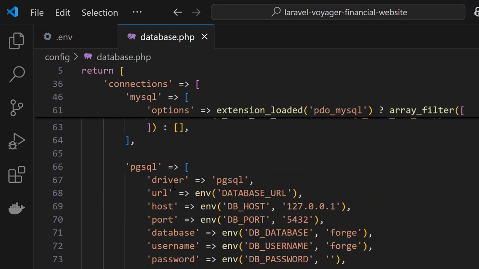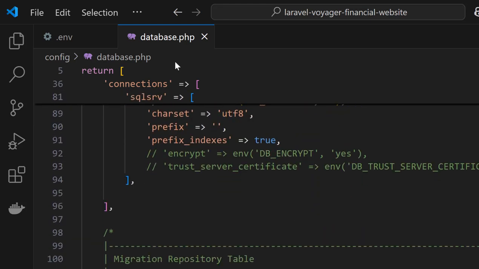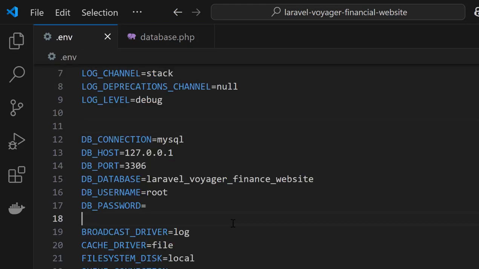And in case you're working with Postgres, you also have a driver set up for you this side in terms of the configurations. So you can always make changes depending on the database management system that you're going to work with. So having successfully set all that, we can now go ahead and